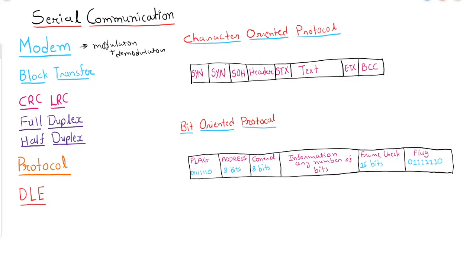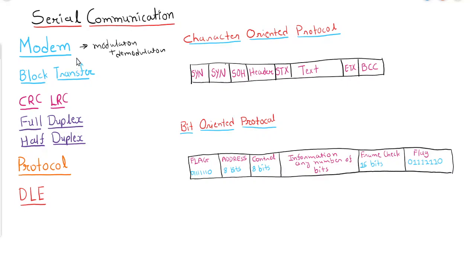That task is done by the modulator, and at the receiver side, when the analog signal is received, it should be converted again into digital. That is done by the demodulator. So a modem is a device used where digital data is supposed to be transferred over an analog carrier.